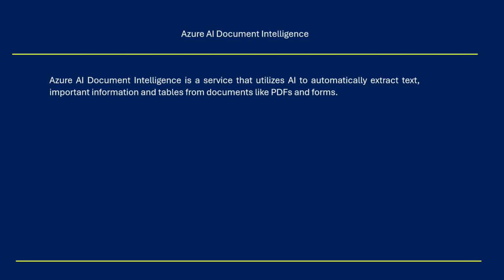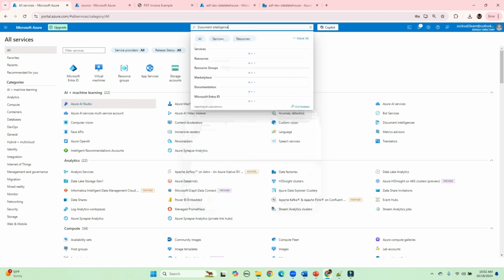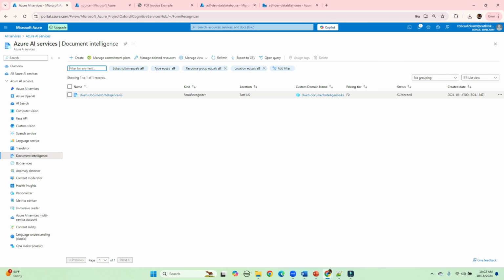Let's set up this service first, and then we'll create a pipeline and see how to read the PDF and extract the data to the text file. I already have the service installed in my resource group, but I will explain how to set up this service. Search for document intelligence. Okay, I already installed it, that's why it's showing up here. If you don't have it, click on create,